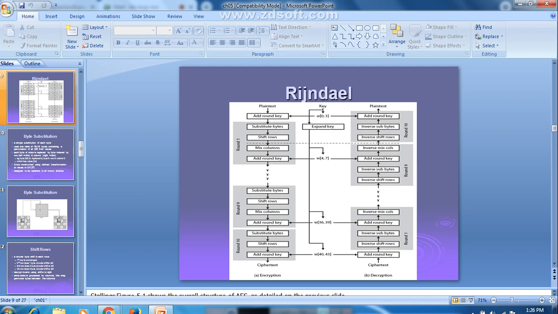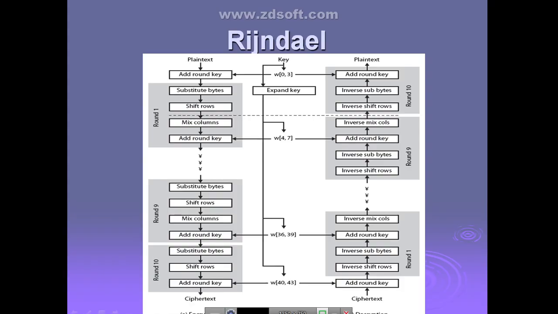See, this add round key is present at the starting of each round and at the end of each round structure also. Why? Because only this is the function which is going to make use of a key. So because of that, you perform this operation at the starting and end of each round in AES. I hope it is clear, guys.